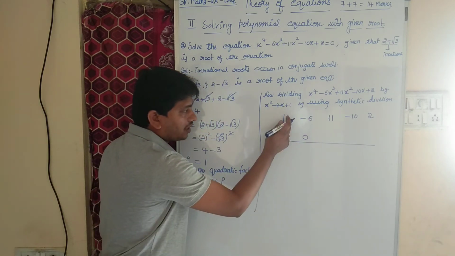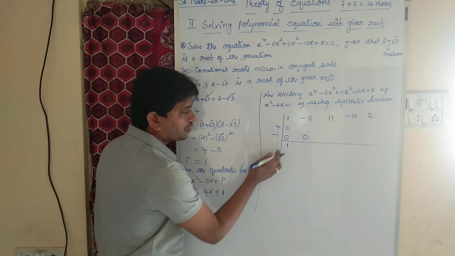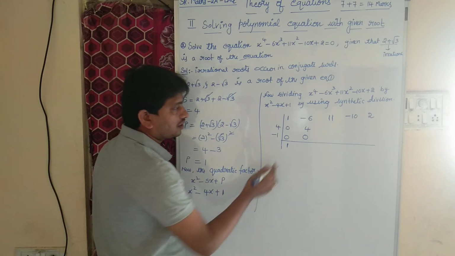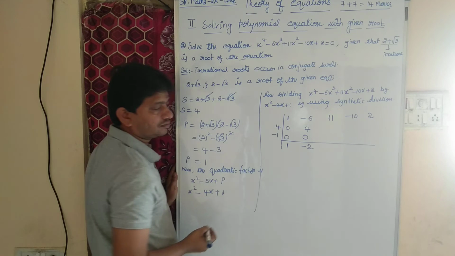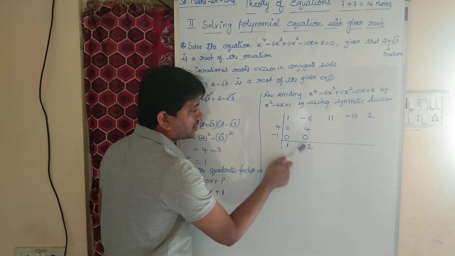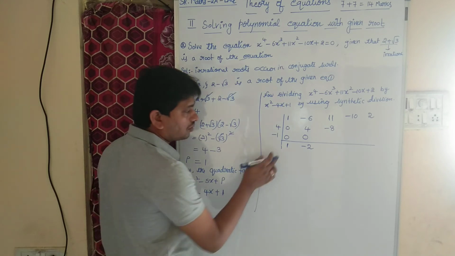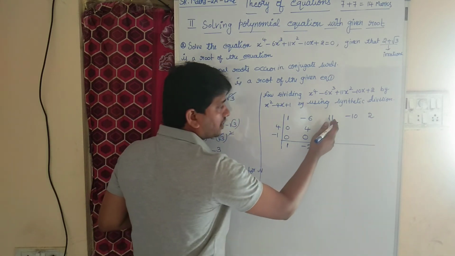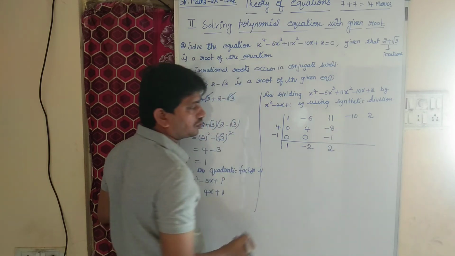First we need to add 1 to 0, I mean 1 only. Now we should multiply 1 into 4, 4. Right? Minus 6 plus 4 is equal to minus 2, children. Now minus 2 into 4, minus 8. Now 1 into minus 1, minus 1. 11 minus 8 is 3, 3 minus 1 is 2. So that is equal to 2.